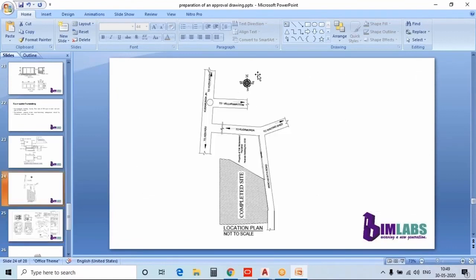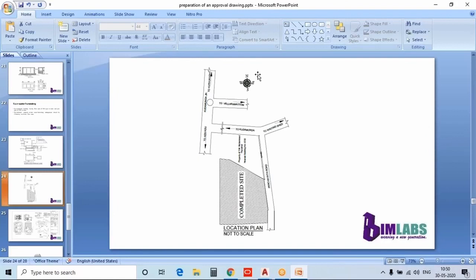Then these are all the things you have to consider while you are preparing an approval drawing. First of all, you have to visit the site, then you have to prepare a site plan. Then from there you have to plan the area of your building that you're going to construct. Then from there you can make the floor plans by considering all these rules, like minimum